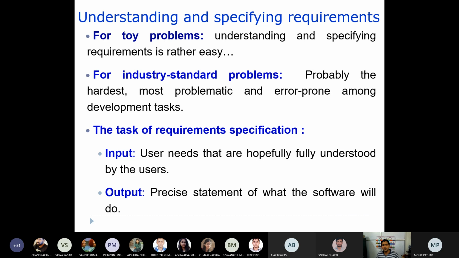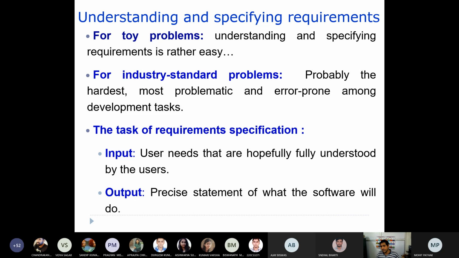In that case, it is a very hard task to establish the problem. It is the most problematic, and sometimes it leaves many errors. Because requirement analysis and specification is one of the phases.